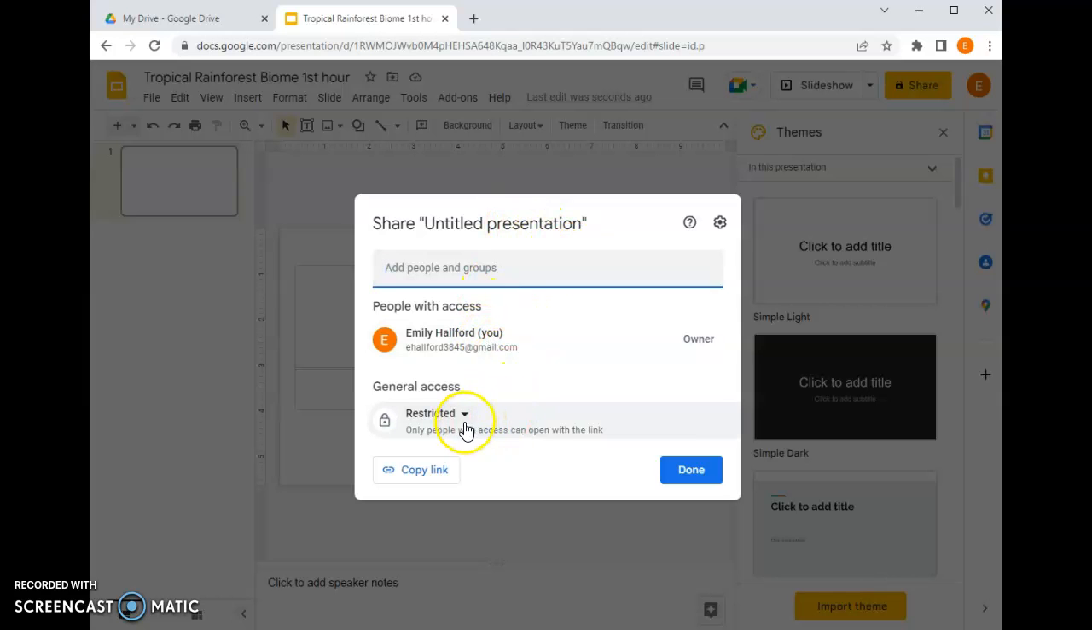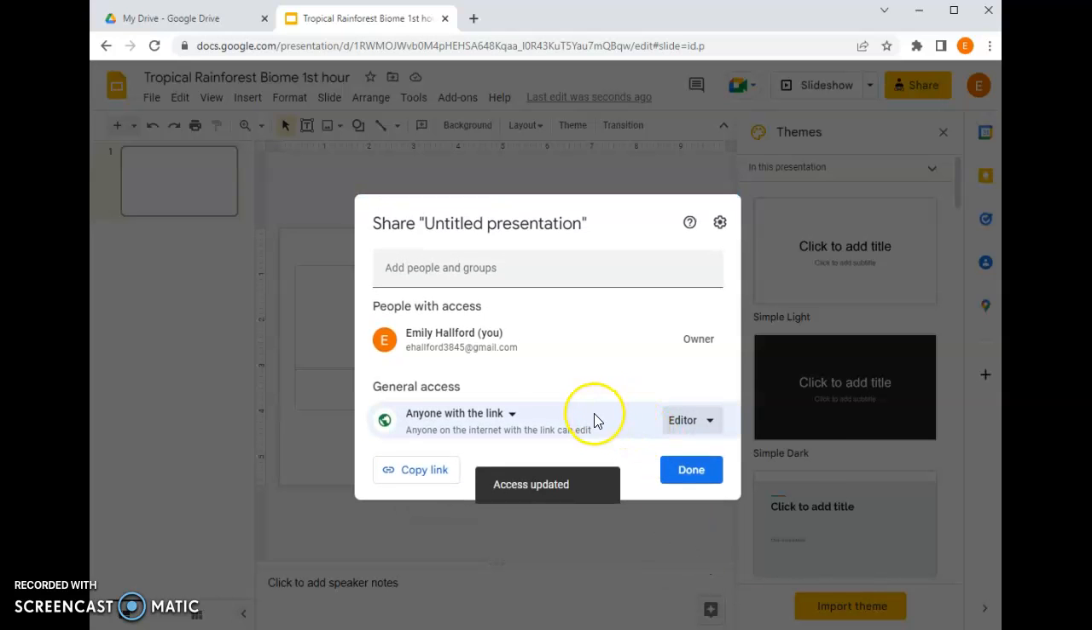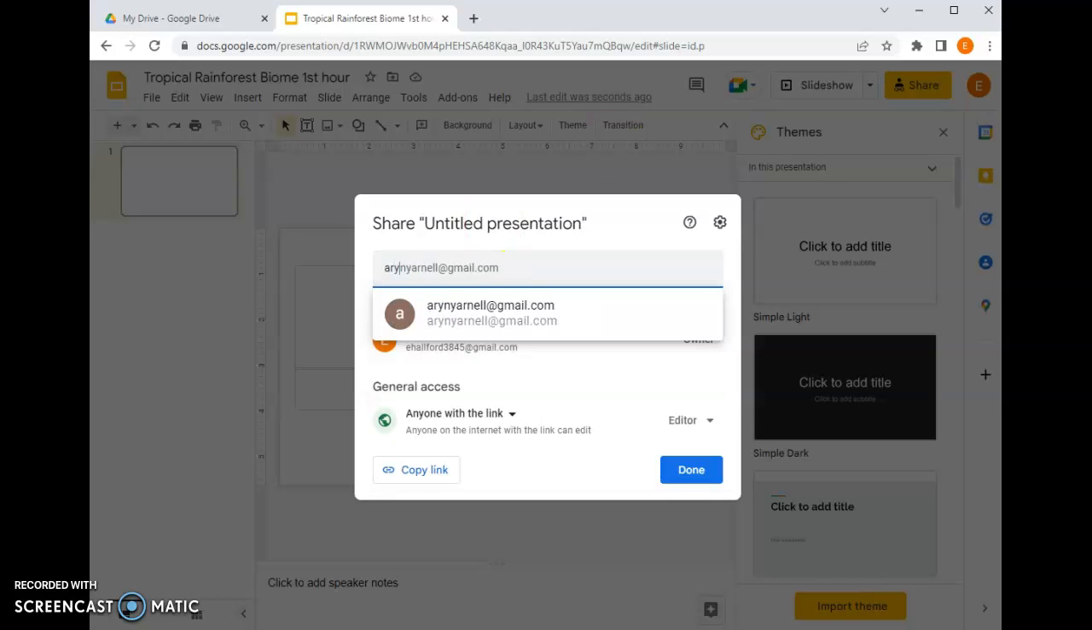So first, we can do it a couple of ways, but let's start with our restricted. So we're going to do anyone with the link and then change that to an editor. So if they have access to the link, you can put them as the editor. Now, we can copy the link and email this to another student, or we can actually just type their email in here. I'm going to share this with my co-teacher